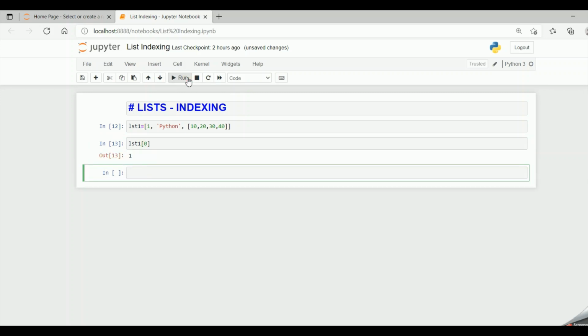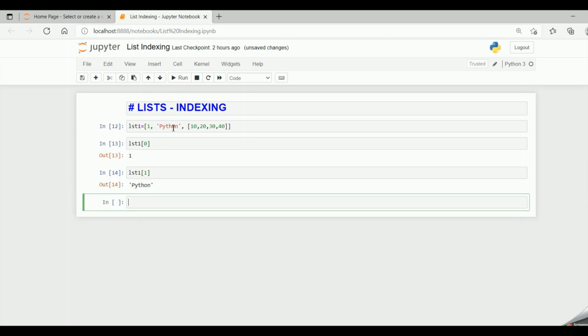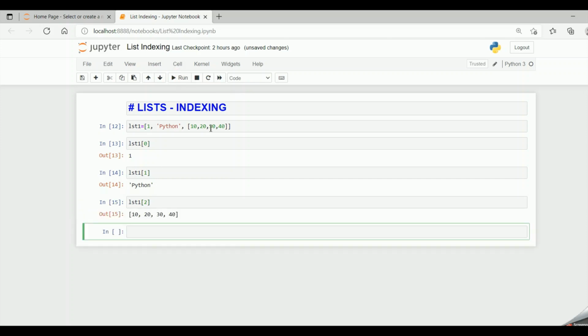Now if I specify LST1 of 0 and run the code, I get the first item, that is 1. If I say LST1 of 1, then I get the string Python because it is the second item of the list, present at index 1. If I say LST1 of 2, then I get the innermost list, that is the nested list.